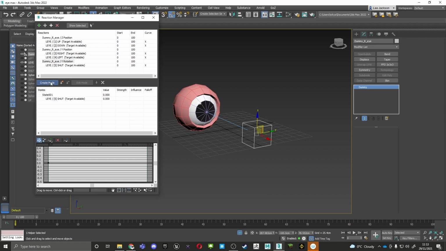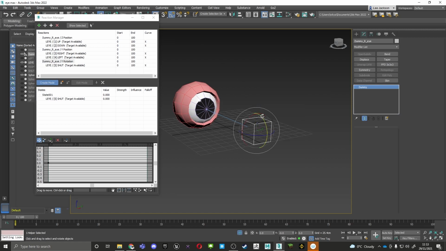So mine's at 0, 0, so I'm going to go into create mode. Make sure my snap is on. I'm just going to go about 90 degrees in like that. I'm going to create state. 90 degrees, yeah, brilliant. And then 100% on the target. And there we go. So that's pretty cool. So if I transform that to 0,